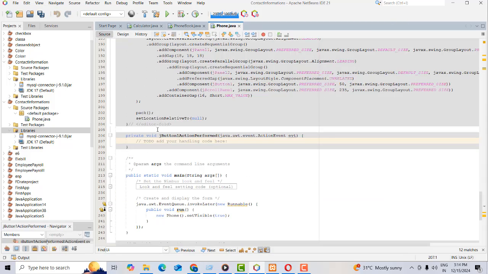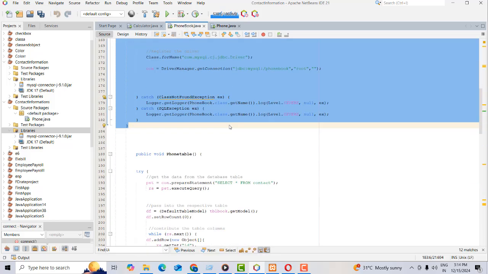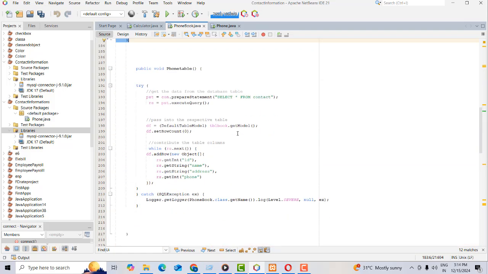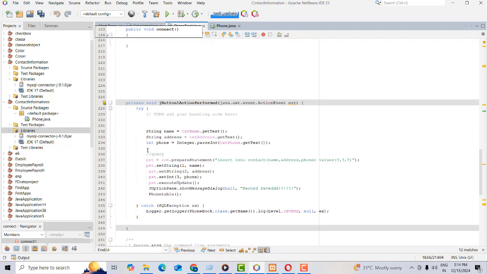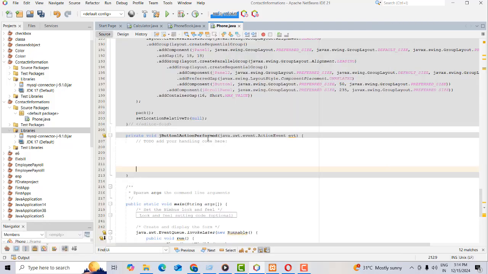Double click on the save button. Here I am going to write the command. So here what I am going to do is this is a simple insert query. So to start, you are going to see I am first going to go to